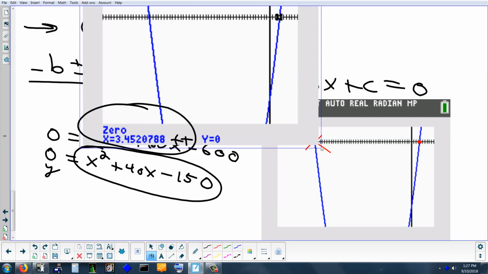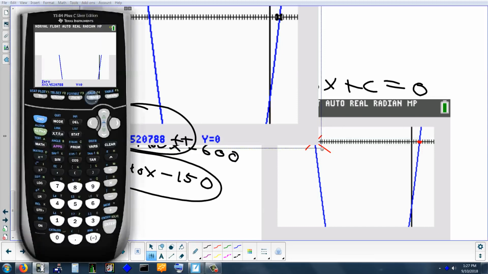Any questions on how we calculated a 0 on the calculator? Yep. What button did you press again? To get to the 0, yeah. Second, calculate, and then the second option down is 0. If you don't pick a point to the left and to the right, let's mess up. That's to the right. I should have been to the left. So let's see what happens now. It's probably going to say error, no sign change, meaning